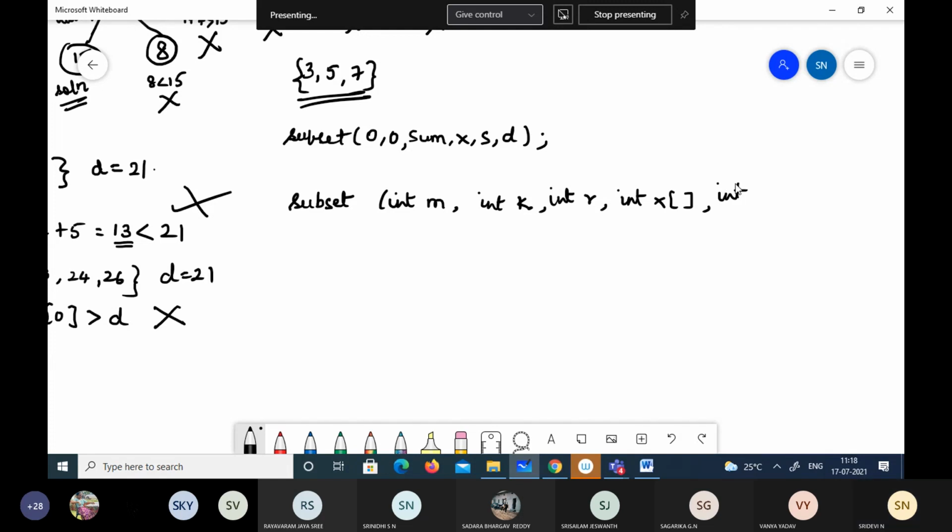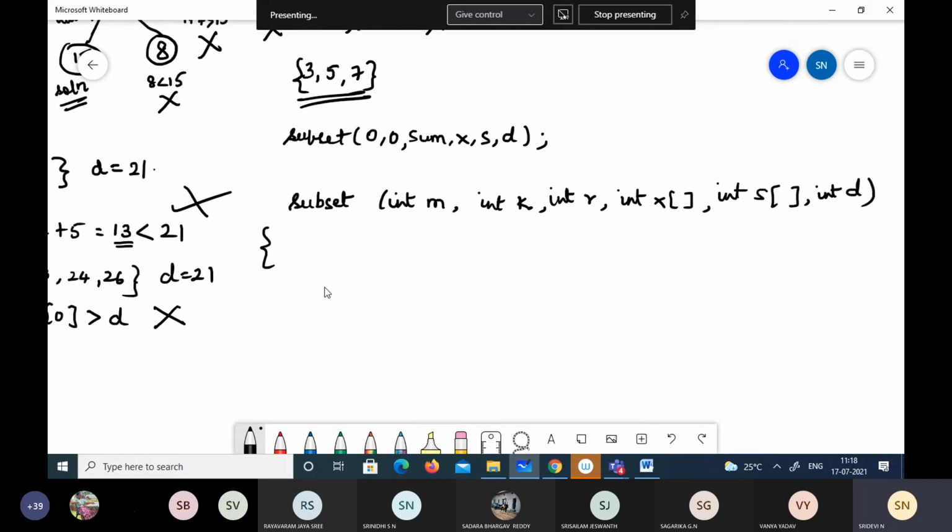This is to get the array that holds the subset, all the elements of the subset. And we also have d, int d, being passed.